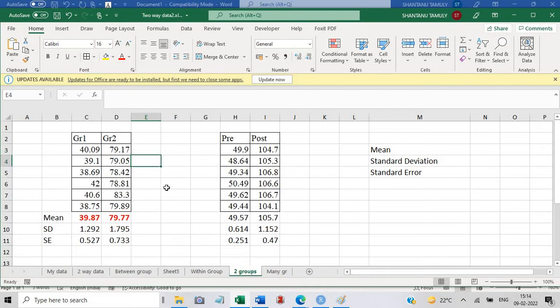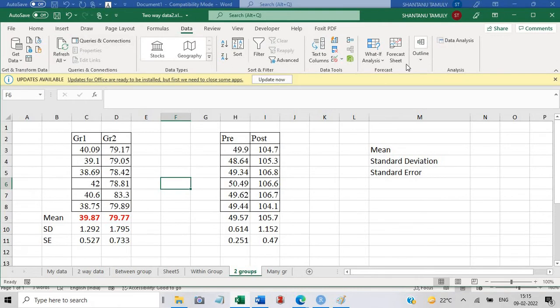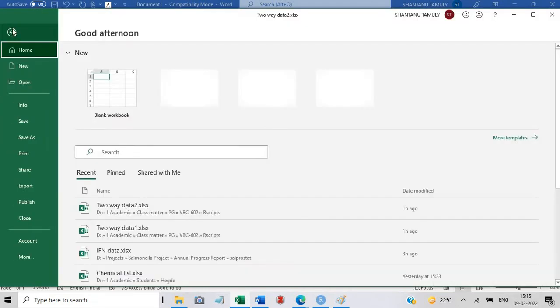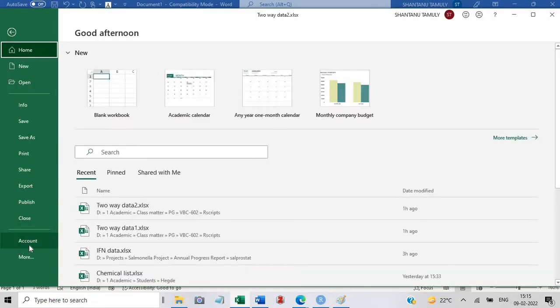So for Excel, just click the Data button in the upper tab. Now in this pane, towards the right hand corner there is a tab called Data Analysis. You can click over there. But sometimes this tab is not there. In that case, click the window button, and then there is an option called Excel Options.